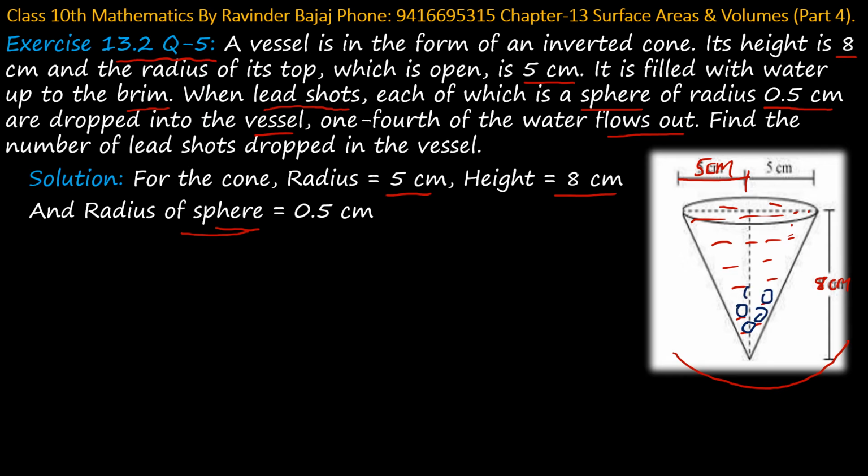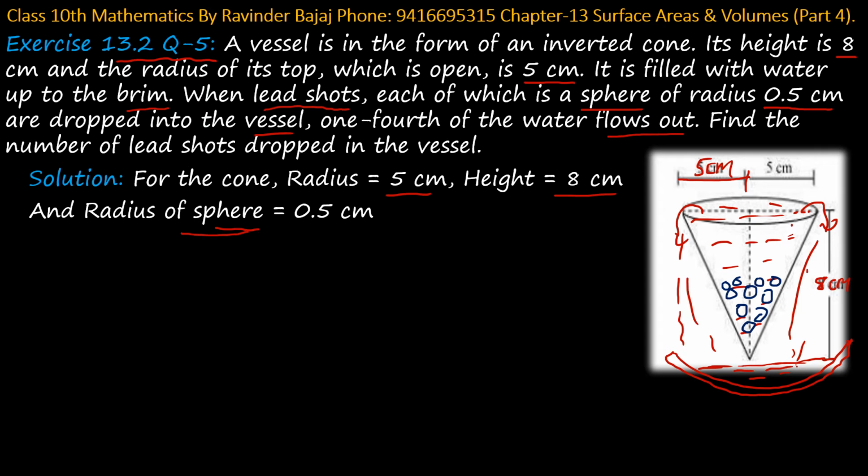These are spherical balls जो lead के बने हुए हैं और हमने इसमें डाल दिए. What will happen? The water will come out. So the water is flowing out from here and here. And because we have kept a container under it, some water will come out of it. It is given in the question that 1/4 of the total volume of cone, पानी जो है वो drop होके बाहर आ गया. Okay, so the volume of the water which is coming out of the container is 1/4 of the volume of the cone.